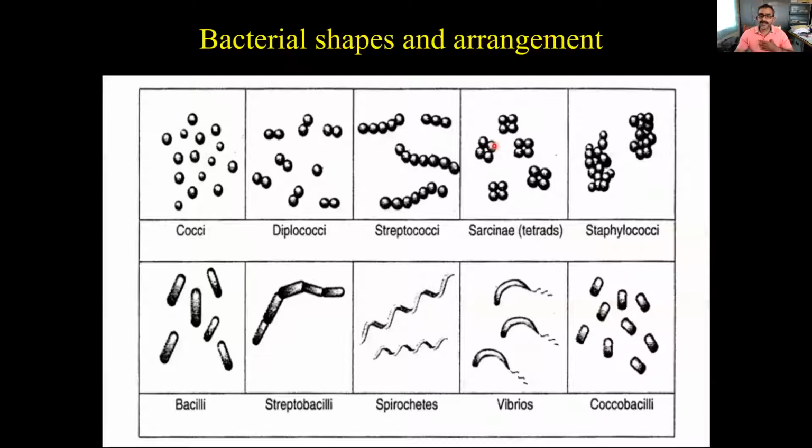So here, after the simple staining, we can watch the shape of the bacterial cells, whether they are cocci, rod, or spherical. And also you can see the arrangement, whether they are arranged in bunches, in tetrads, or in chains. Like this, you can see, and also you can measure the size of the bacterial cells if required.